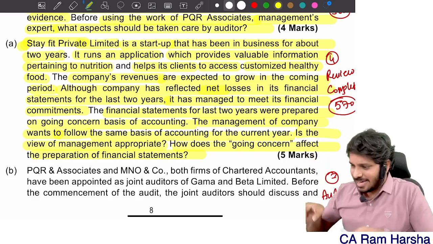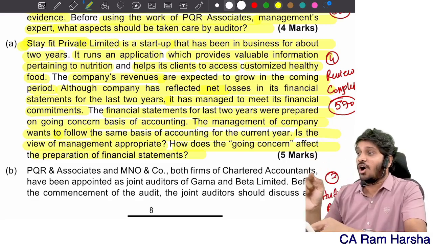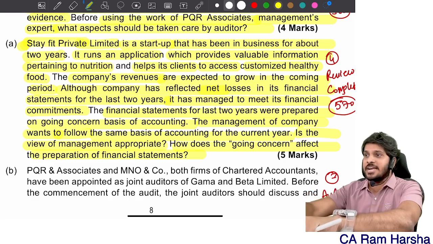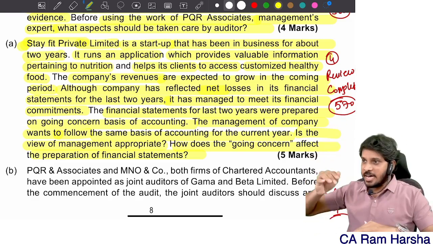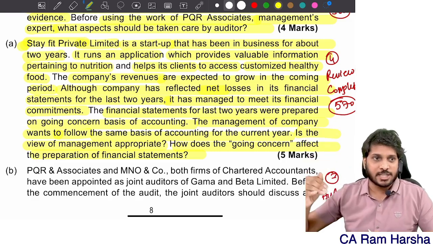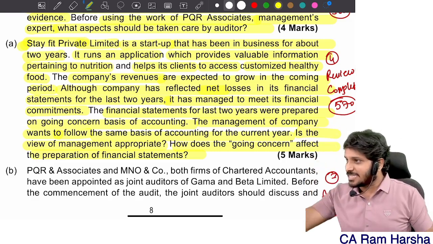Recoverable value means what? Right now you sell the asset, how much do you get? Or use this asset for the next 5-10 years, how much cash flow can you generate? Whichever is higher, NRV or present value of discounted cash flow, whichever is higher, minus carrying value is equal to